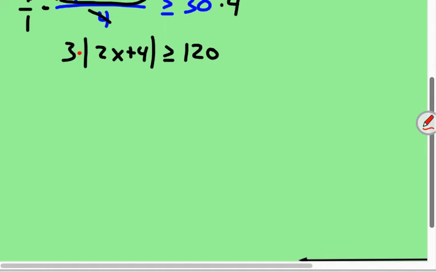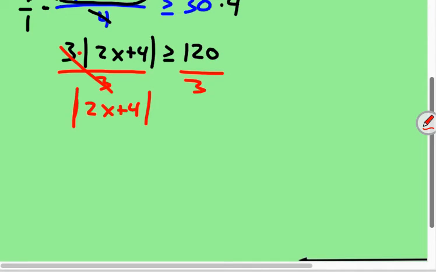I'm multiplying by 3. If this was parentheses, yes, I'd use the distributive property. But because it's absolute value, I'm just going to divide both sides by 3 to get rid of that. Absolute value of 2x plus 4 is now greater than or equal to 40. 120 divided by 3 is 40. So hey, here it is. It's isolated. It was a little bit of work to get to it, but now I can break it up into